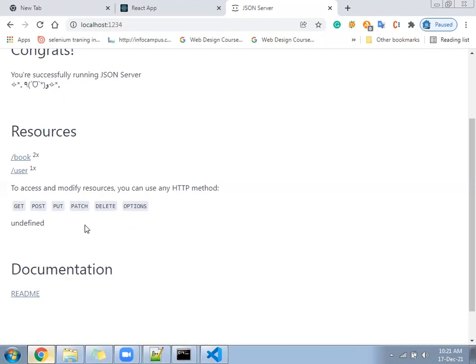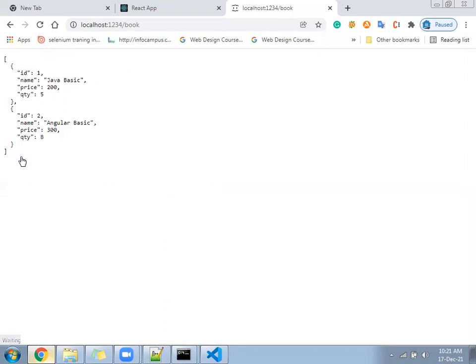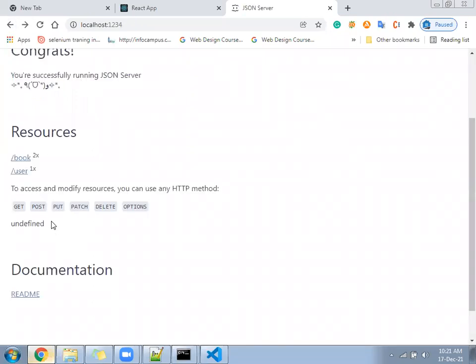Okay. Now click on book resources. Below you have a link called book. Click on that, and it will show you the list of books, like the study URL you had taken. It was showing similar data, no? Now come back and click on user.